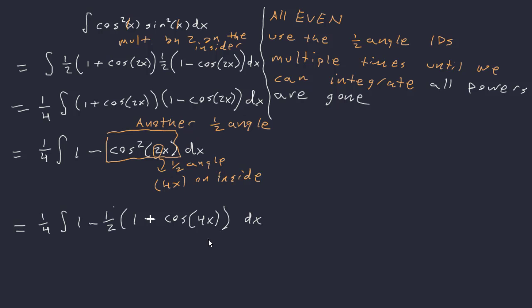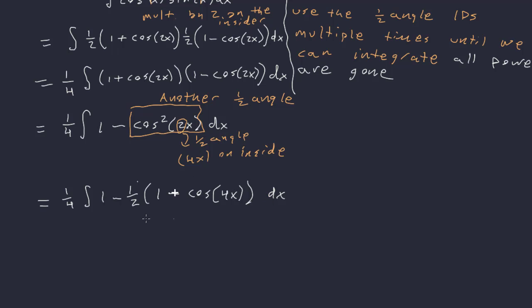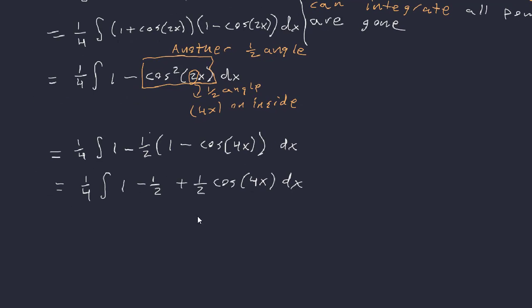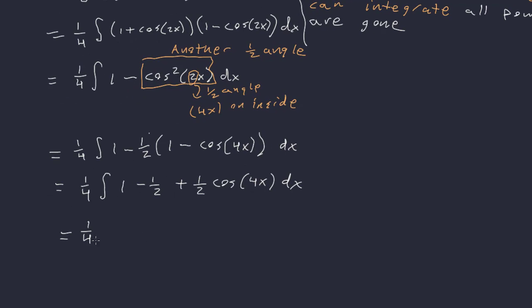All right, and now this should be what we're able to integrate, okay, because we got rid of all the powers. But well, we still need to simplify this a bit before we get anywhere. So let's distribute this negative 1/2. So I'll get 1 minus a half plus 1/2 times cosine of 4x. Okay, I want to simplify this a little bit more because this 1 minus a half, that's going to be just a half. So we'll get 1/4 times the integral of a half plus a half cosine of 4x